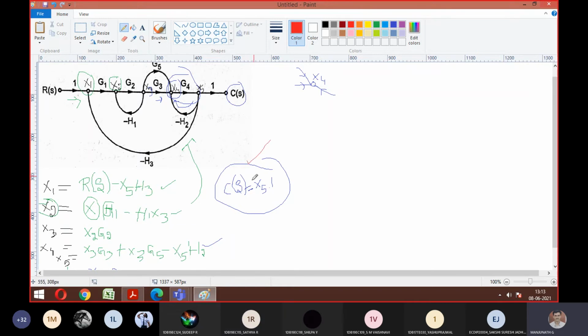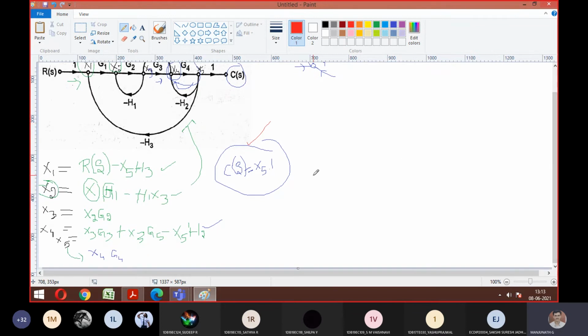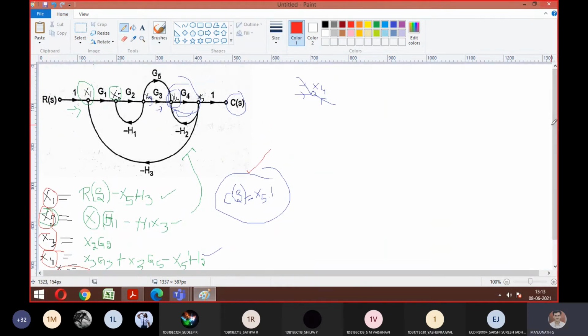See, actually the ultimate goal is this: I want the output to be equal to x5. Then you want the reverse engineering concept. If you want x5, I need to write a formula for that. It is x4, x5. Again, what is x4? For that, we write a formula. In that, x3 will come, again a formula for x3. X2 will come, the x2 formula. X1 will come, the x1 formula. I hope you got the logic now. Everyone? Yes, sir.